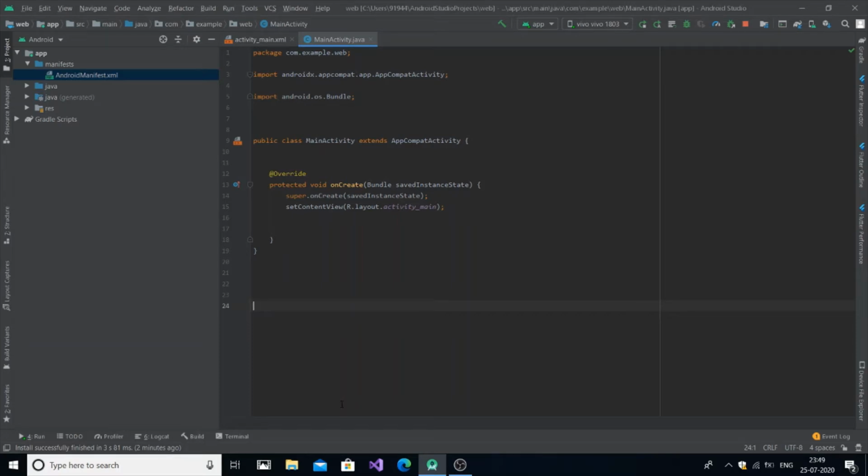So hello everyone, in this video I'm going to show you how to add Google to your Android app using WebView in Android Studio. So let's get started. Currently I have an empty project over here and I'm going to go back to the